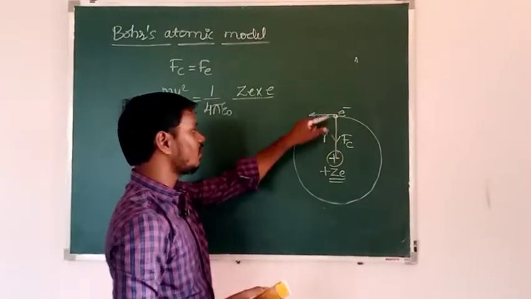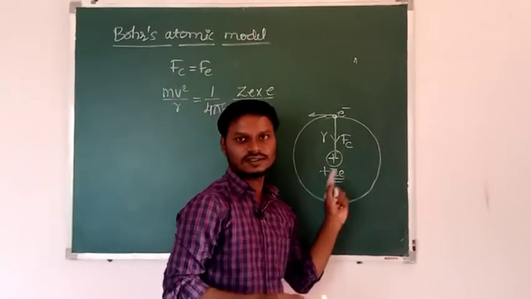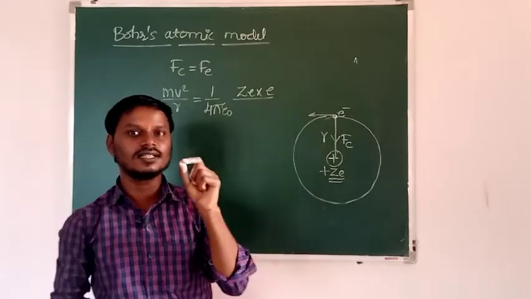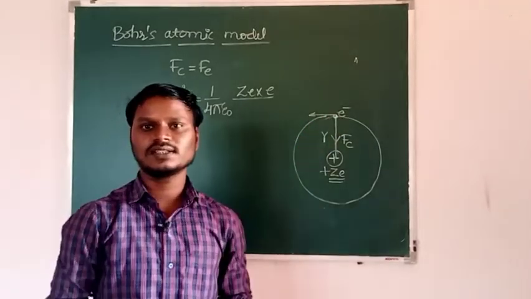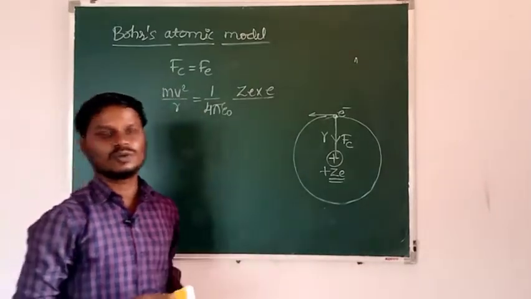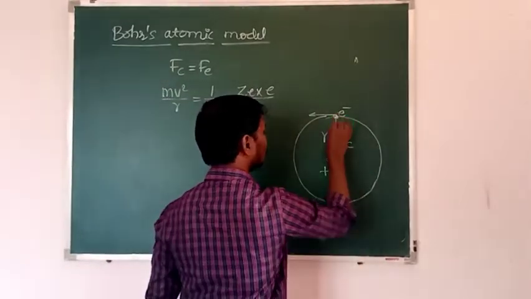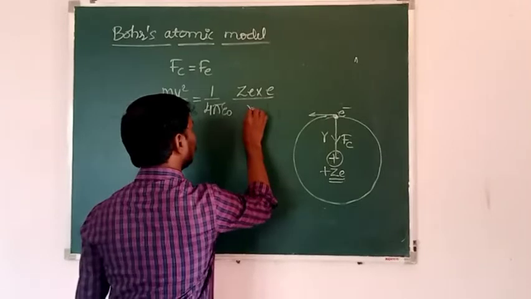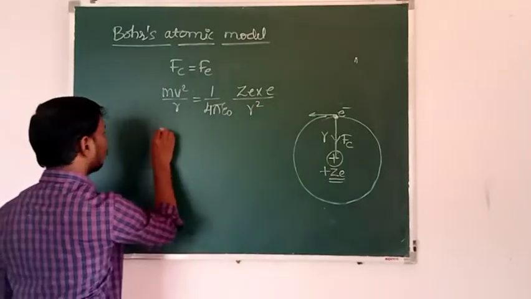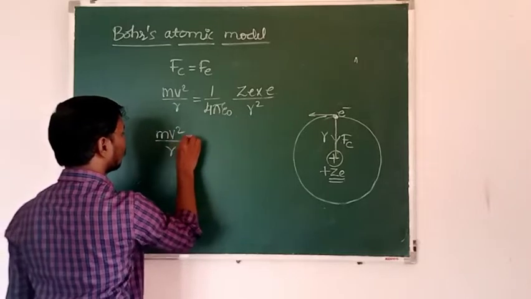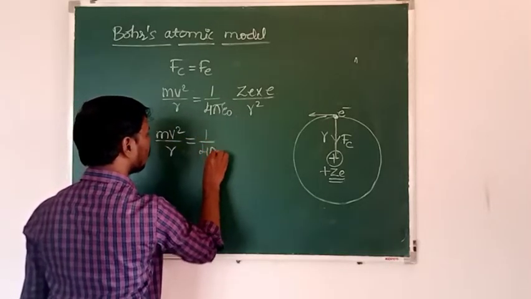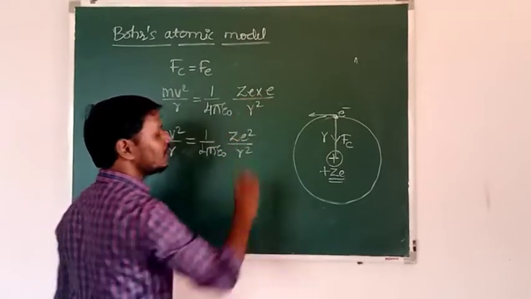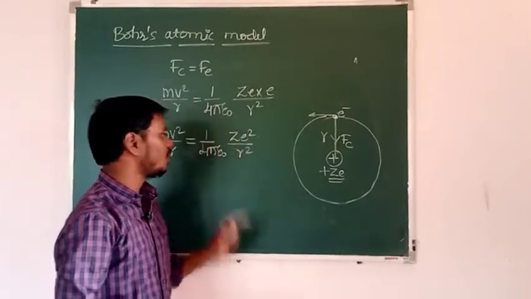And here this electron is revolving in the stable orbit. In which orbit does it revolve? Stable orbit. In this orbit, this electron does not radiate any energy in the form of electromagnetic radiation according to Niels Bohr. Okay. Then the distance of the electron from the nucleus, that is r, is nothing but the radius of the orbit. Then this is r square. Okay. Then we will write mv square divided by r is equal to 1 by 4 pi epsilon naught Ze square divided by r square, because e into e, that is e square.